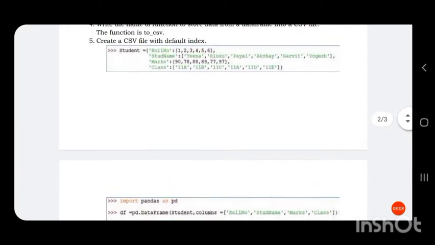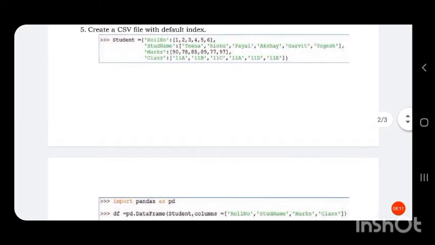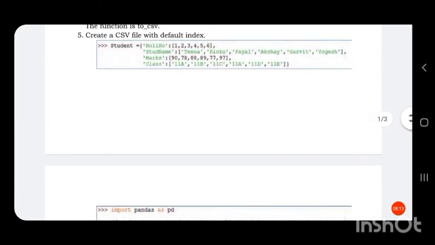So let us see the program. We have a dictionary student containing the keys roll number, student name, marks and class, and these will be the column names.